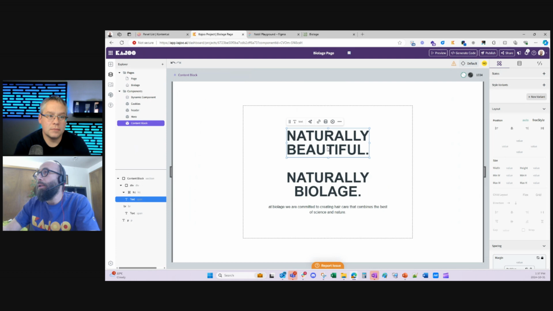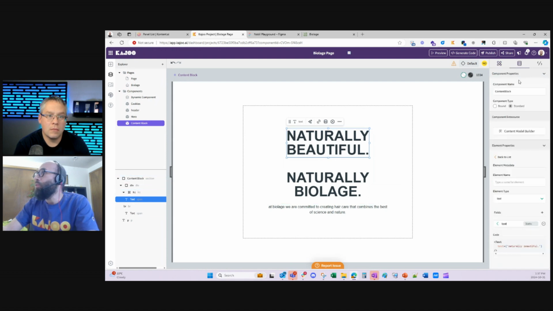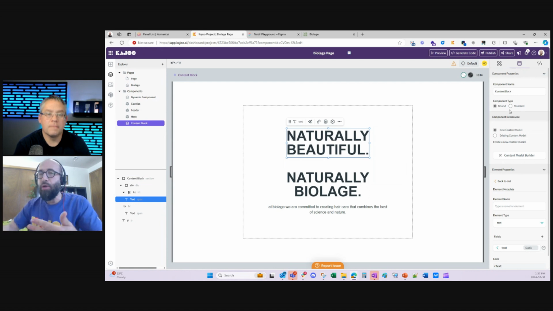Now I have this content block, or maybe this hero banner, and I need to make this dynamic so it presents this content from Kontent.ai. I can do one of two things. First, I make it a bound component, which means it's going to present the content from the CMS dynamically. I have two kinds of development workflows here. One is I want Kajoo to create a new content model for me in Kontent.ai based on the visual elements.